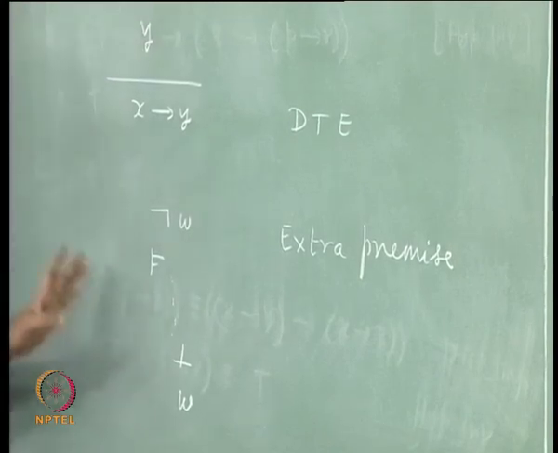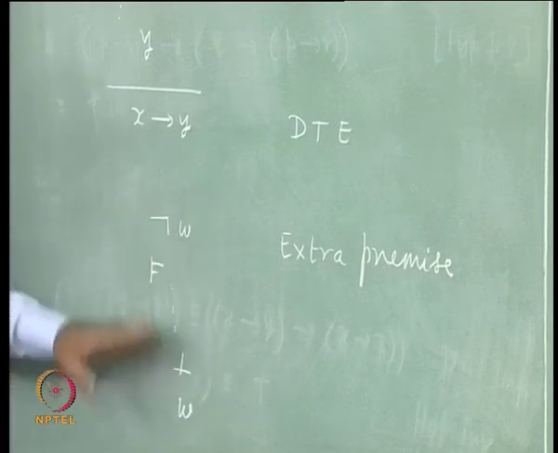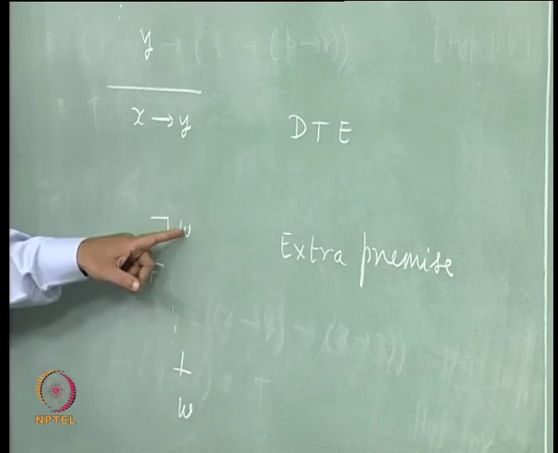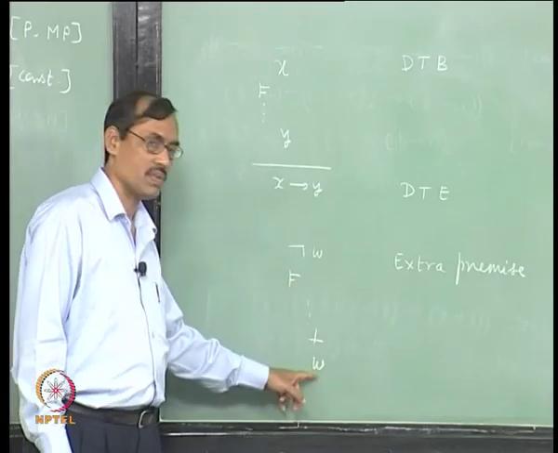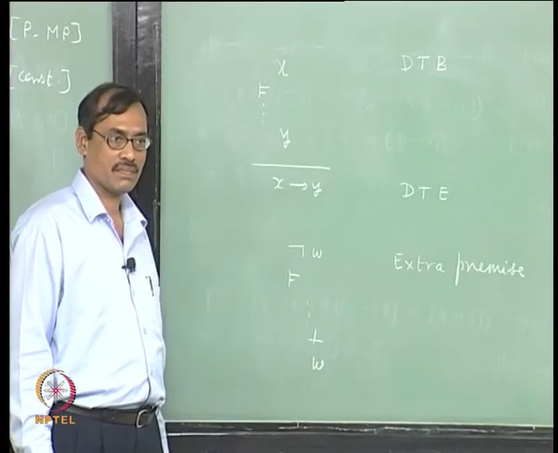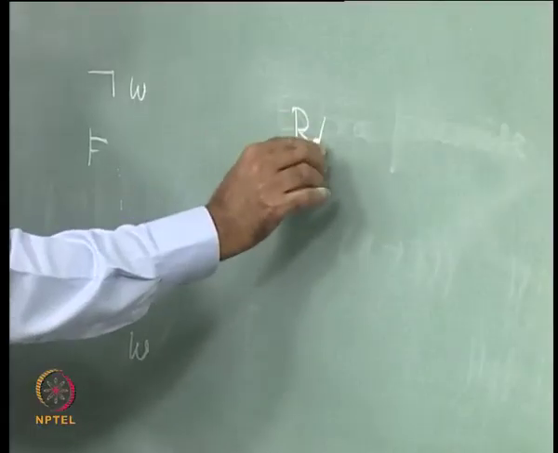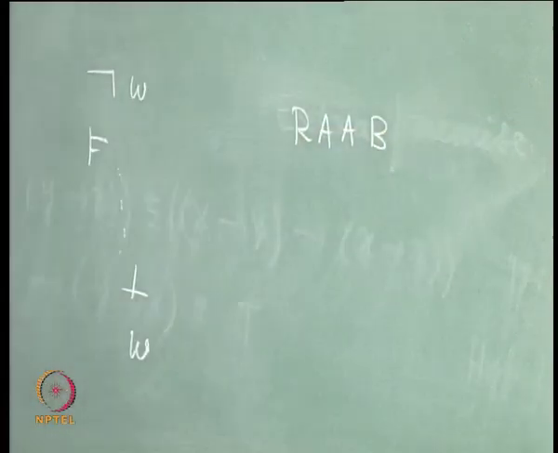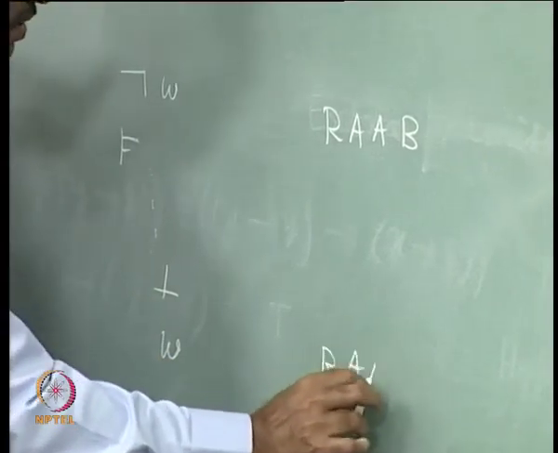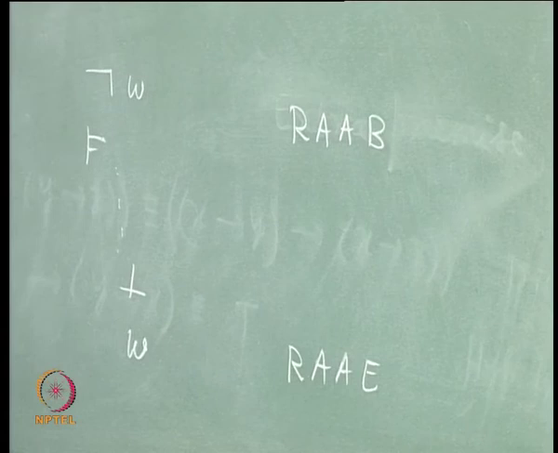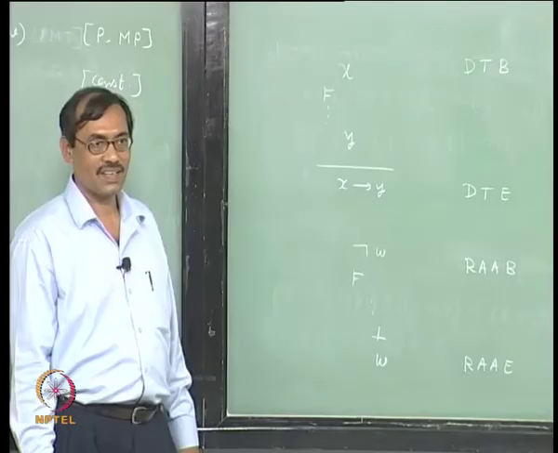By assuming this extra premise, whatever sigma is used, those premises from sigma can be used here also. But after we derive bottom, we say that this extra premise is now removed, to say that all the other premises used entail W. That is what reductio ad absurdum is. So again here we will just mark it with "reductio ad absurdum begins", and when we conclude this W after the bottom we will write "reductio ad absurdum ends". So we are just thinking it loudly; how to implement it we will see.